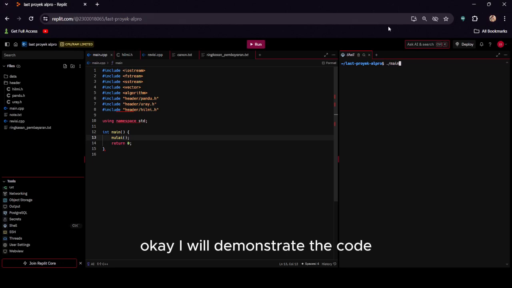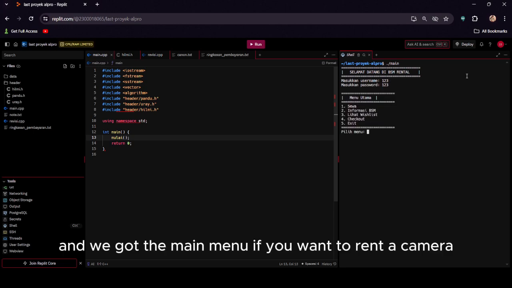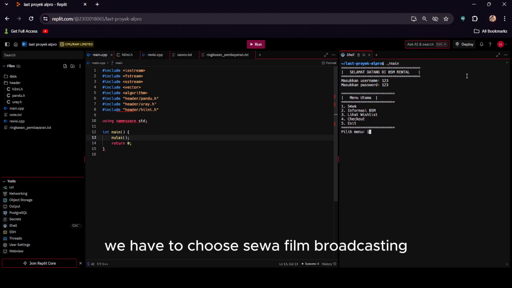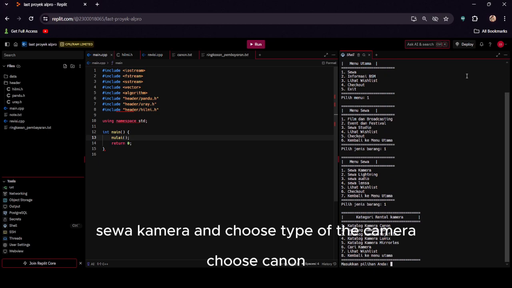Okay, I will demonstrate the code. Here we have to log in, and we get the main menu. If we want to rent a camera, we have to choose sewa, film and broadcasting, sewa camera, and choose the type of the camera.